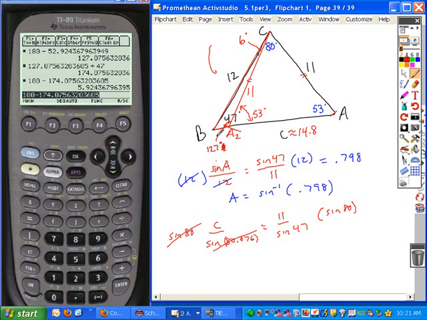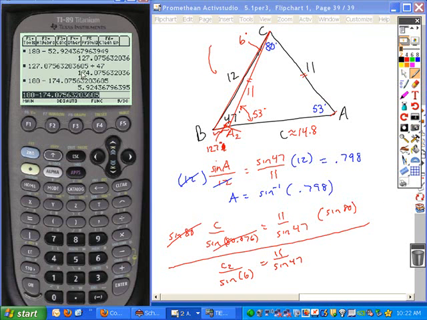And so how could we now solve for C2? This new length here. C2 over the sine of the angle opposite C, which is now 6 degrees, is still going to equal this 11 over the sine of 47. And so you can calculate this, again, kind of going back to what you had. If you take 11